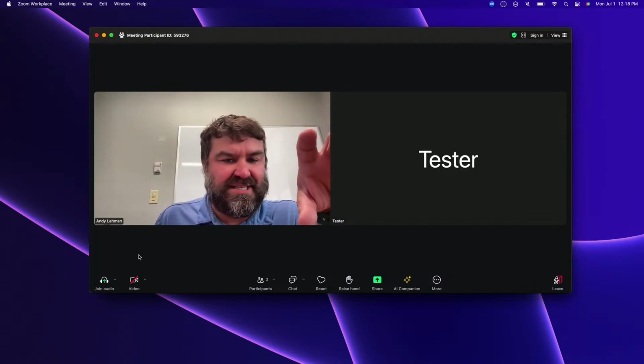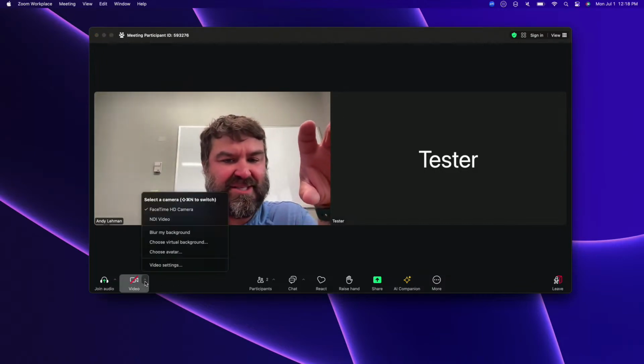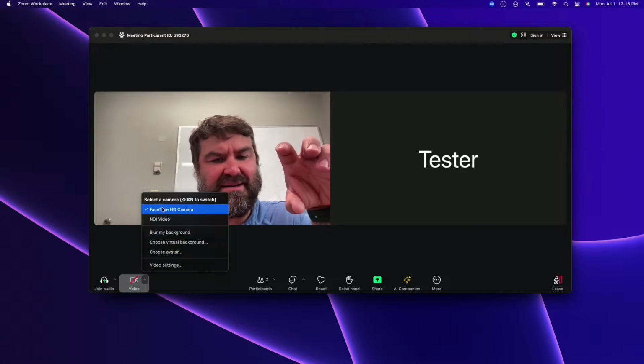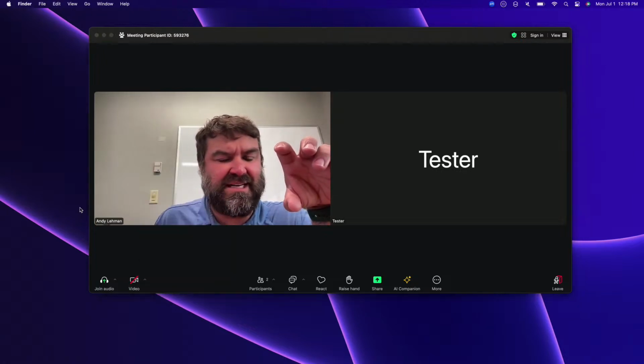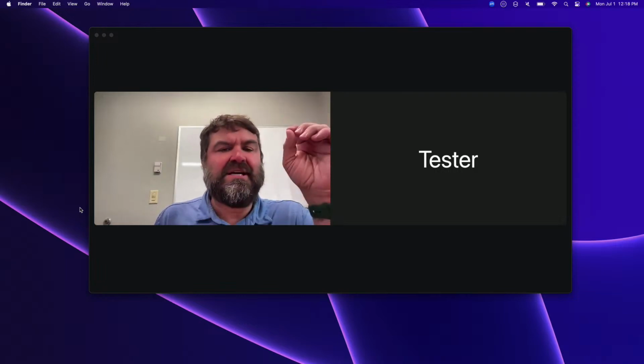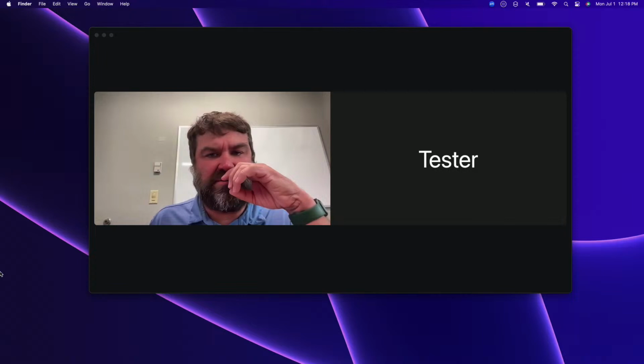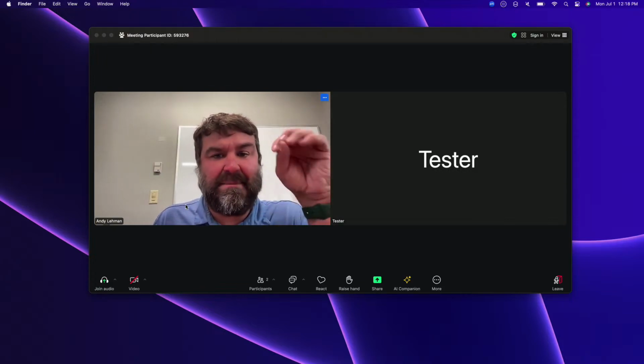Just to keep it simple, I switched it over to my camera as opposed to the Ecamm production, because if I chose the Ecamm production I'm sending, it would get kind of goofy. The very first thing you need to do is, for somebody that's joining your meeting,